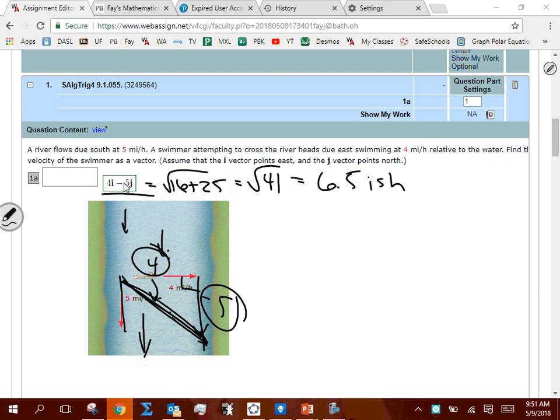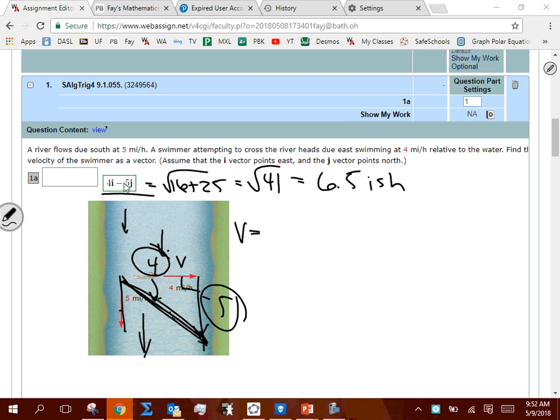Now, hopefully you're looking at that, and some of you I know just saw the 4 miles per hour, 5 miles per hour, and instantly put 4I, 5J. Okay, and that's fine, because it works here. And it works here because these are perpendicular, right? Okay. But really what we should be doing is saying that vector B, let's say, is